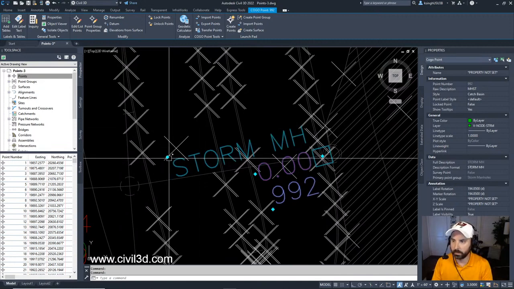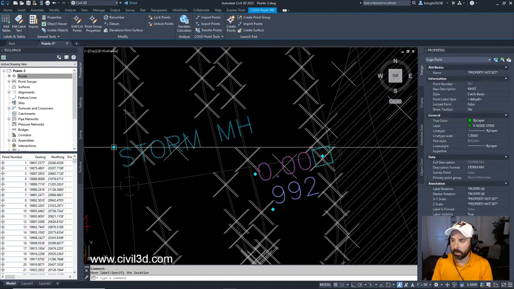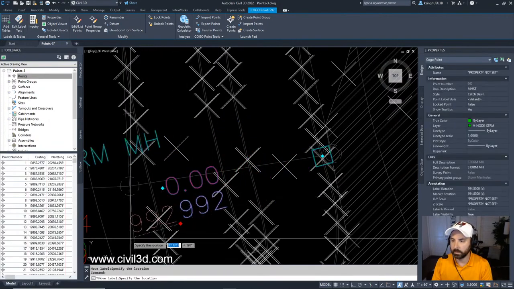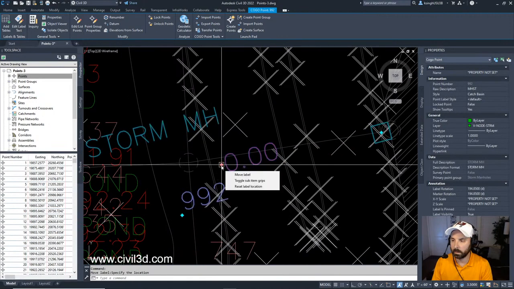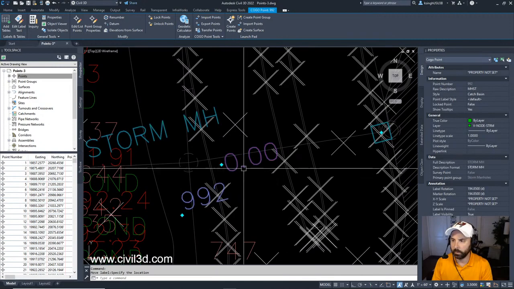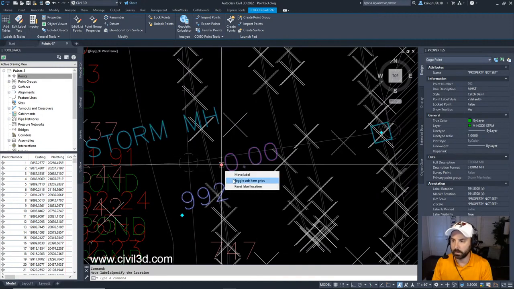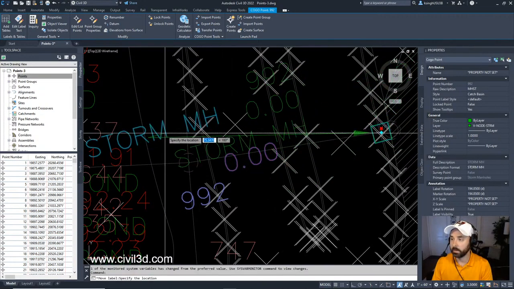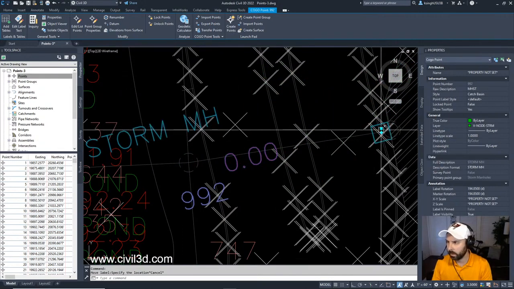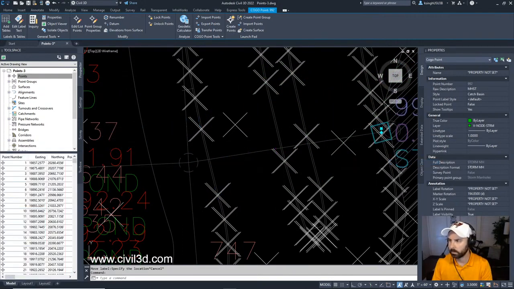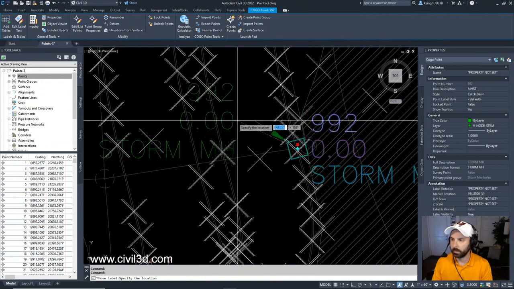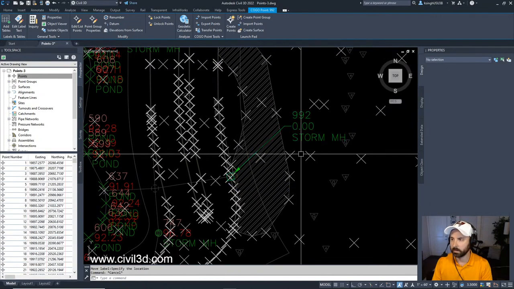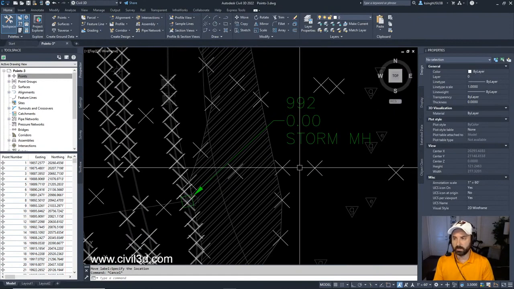So if we wanted to, we can move this over here. We can move this like so. We can move this over here. Actually, if we wanted to move this, we could also do toggle sub-item groups. Or we could do this. I'm going to right click and I'm going to reset the label. I'll move the label maybe over here so that I can view it a little bit easier. But that's how you do just a little bit of cleanup